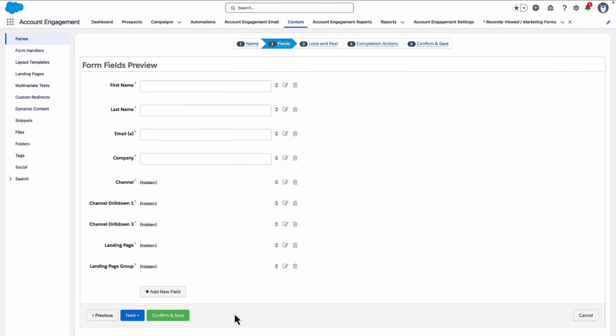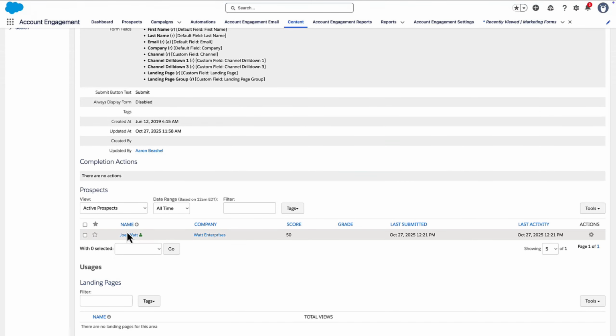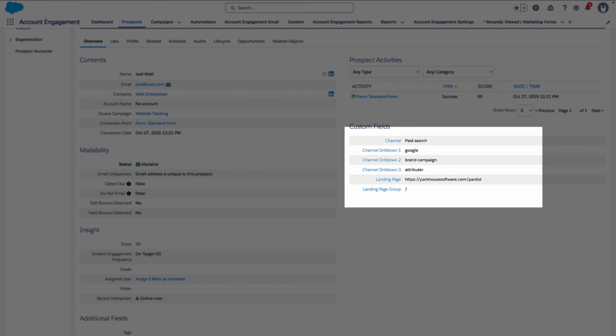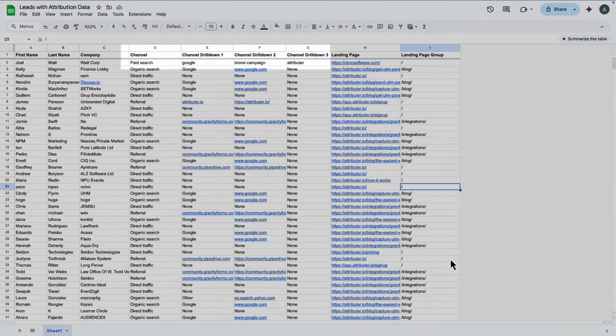That's it, you're done. Now when someone completes a form on your website, Attributor will write information on where they came from into these hidden fields, and it will be captured with the form submission. You can then see the information on the prospect record, send it to your CRM, sync it to a spreadsheet,